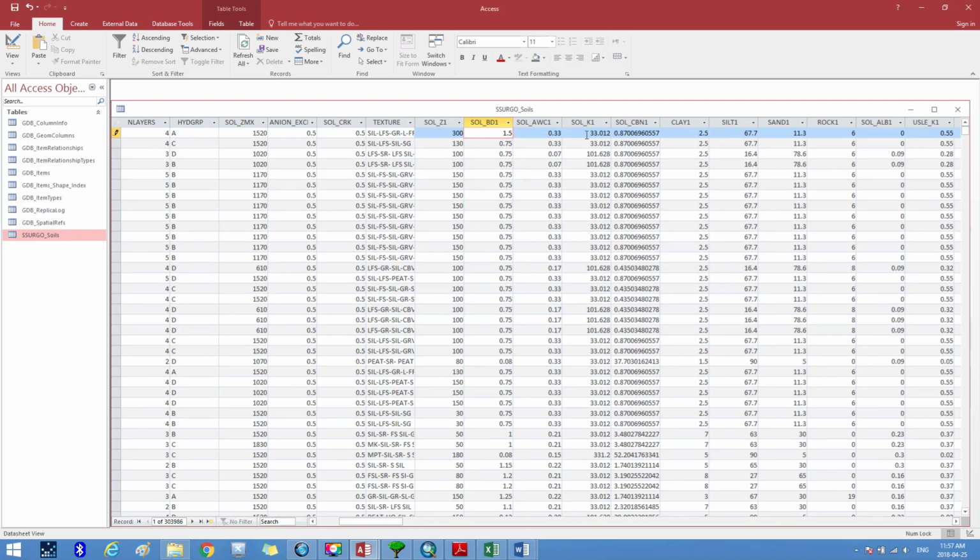As for the value of the field title USLE-K1, it is not known to us, so we keep it unchanged, and we change the value of the field title SOL-IWC1 to 0.1,